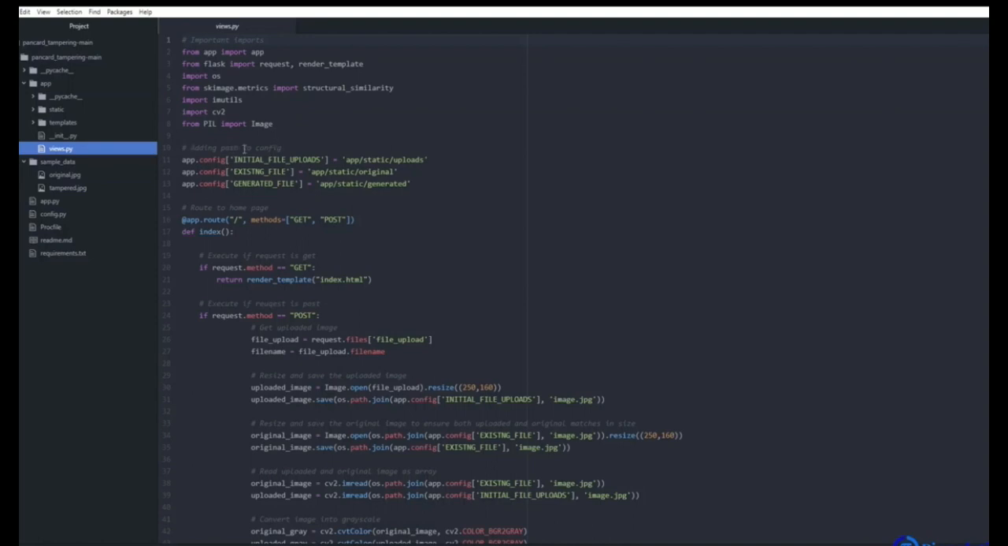Here I am adding paths to config files, and we are calling the app.config initial file upload and set the path here. Similarly for the existing file and for the generated files also. This code here at the